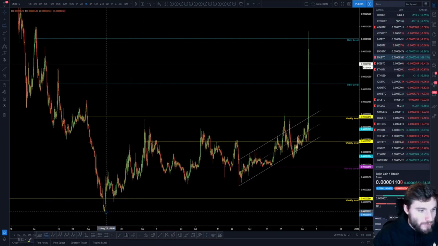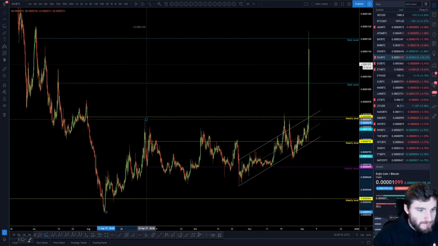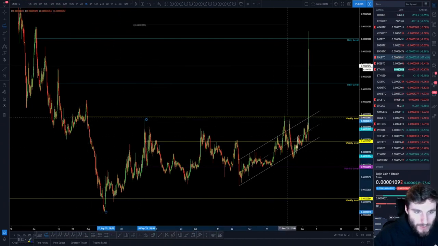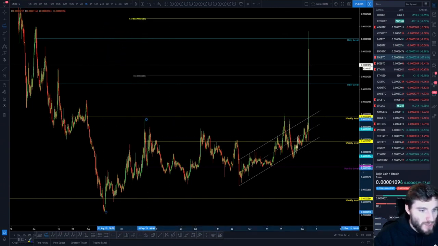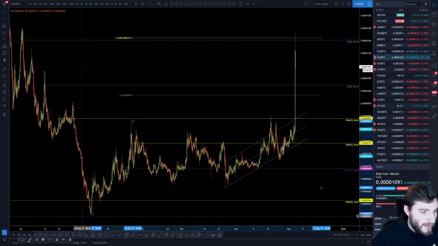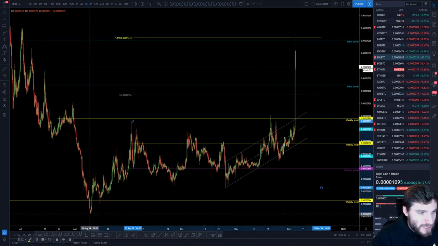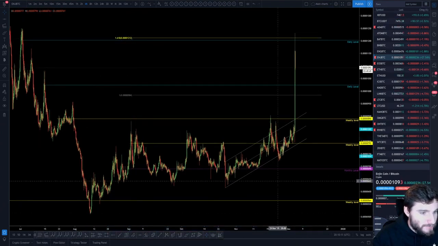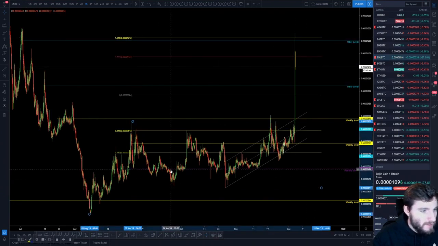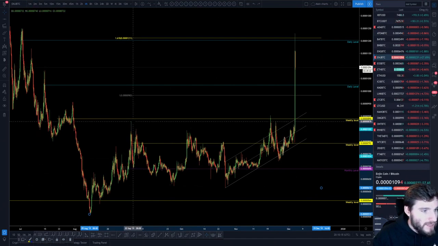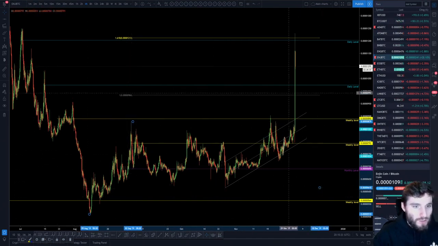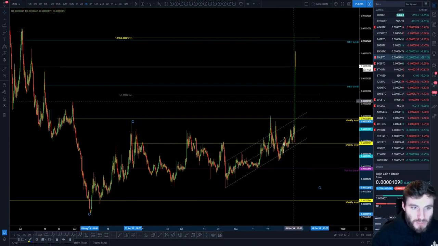Okay, but if we're now looking at this as the start of an impulse, what we're doing is from the very low up to the high. So the first pivot high, I would go from low to high. You've broken this high here, never mind. From the low up to the high, down to the last low. Okay, look at that. That was not planned, actually. From the low to the high. Okay, let's just put this back on. Actually no, I won't put that back on. From the low up to the high, down to the low here. Again, looking for the 1-to-1. As we can see, we clearly have just smashed through the 1-to-1.